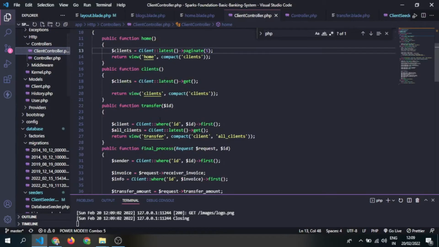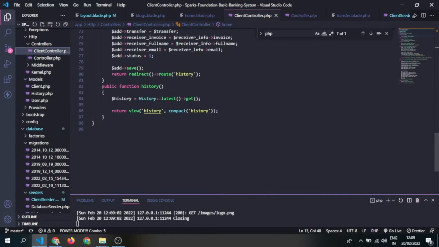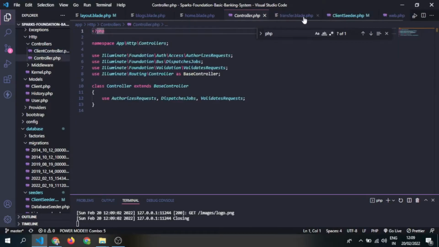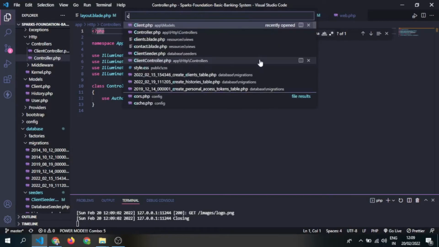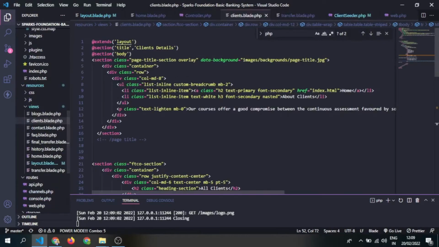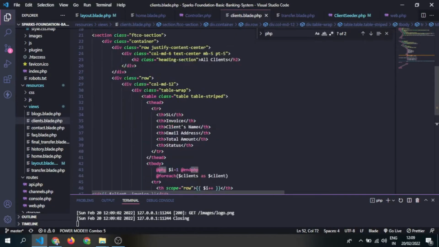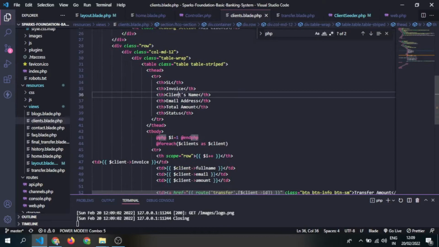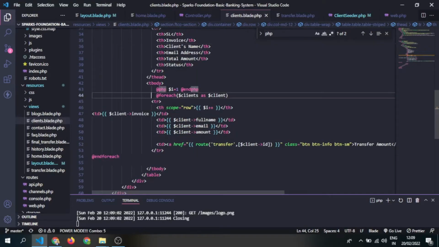Now let's explain with blade. No, blade is the upcoming page, home, client controller, sorry, client blade. In the client blade, we can see the serial, invoice, name, and client as client.